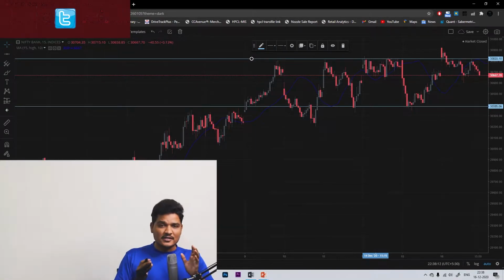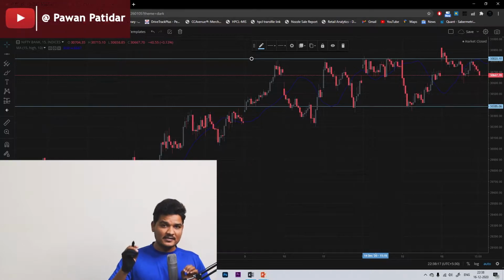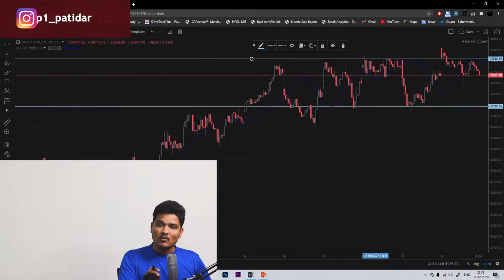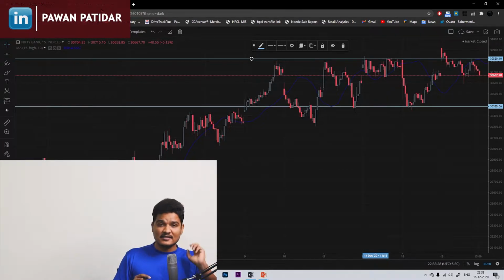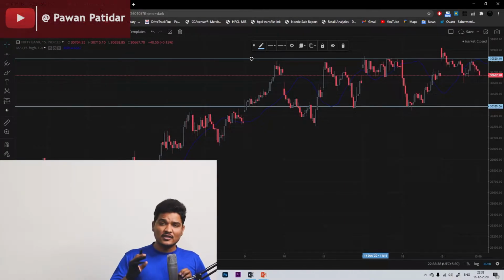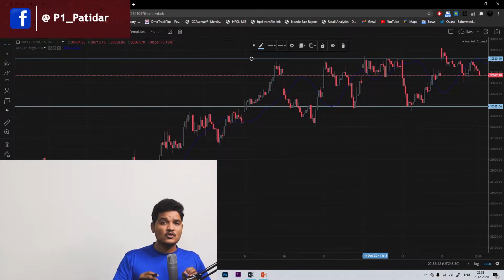So I told you yesterday that Nifty is trading at its resistance. If it breaks its resistance, then definitely it is going to go up. So that's what happened in today's market as well. So you should always look for the scene where any stock breaks its resistance, because when it breaks its resistance there are high chances that it's going to go up. You should always put a stop loss at its resistance so that even if your prediction goes wrong and your Nifty or your stock goes against you, you will not be losing much money.